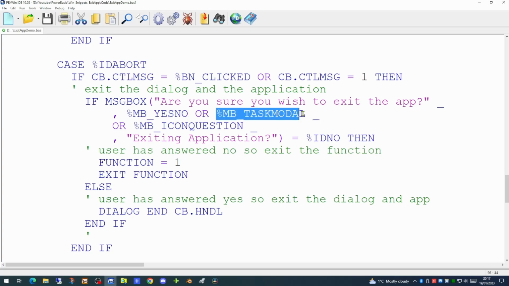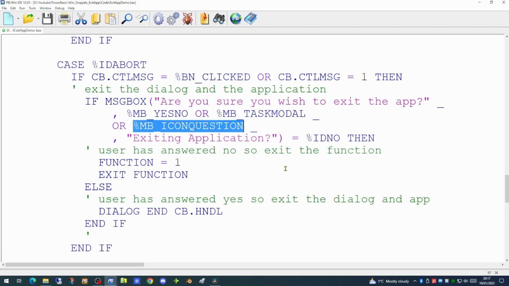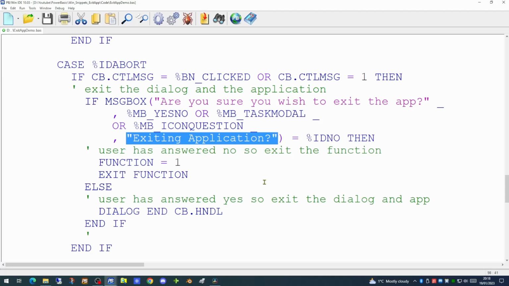We have task modal, which means the user must click on yes or no. If they attempt to click on something else other than the message box, then the application will do nothing. The final icon is icon question, as we wish to put a question mark on the message box dialog. The title of the message box is going to be Exiting Application.